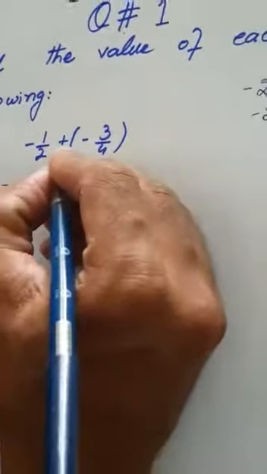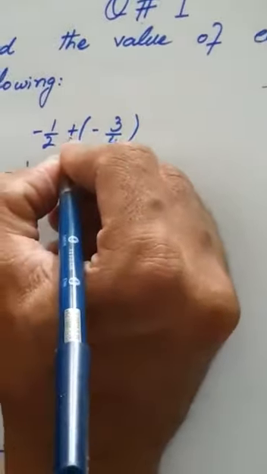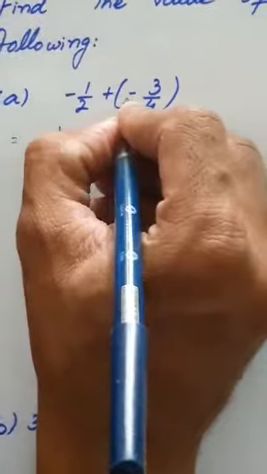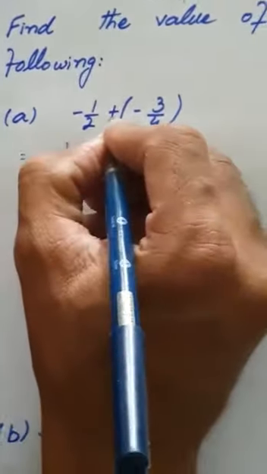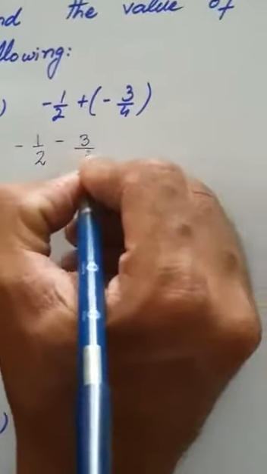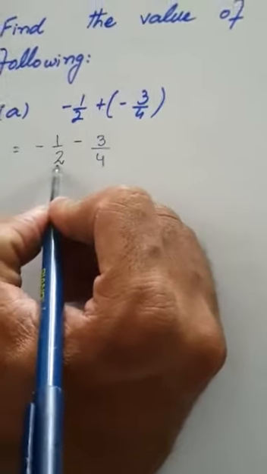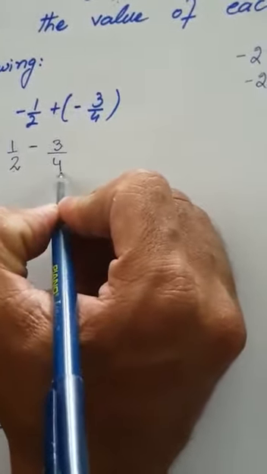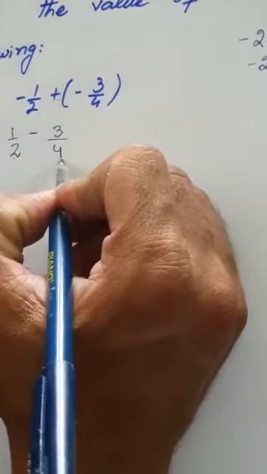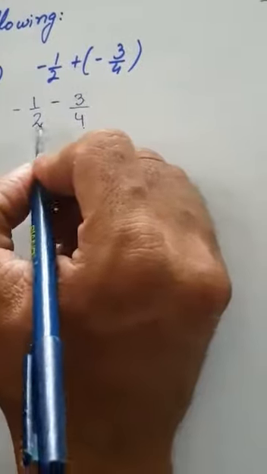So now in this question we will solve this bracket first. So minus 1 over 2 will be written as it is. This plus is being multiplied by this minus, so minus will be our answer because these are two different symbols, like in this case, and 3 over 4 will be written as it is. Okay, now this is our numerator, this is denominator, this is numerator, and this is denominator. After this, I have told you we will find the LCM of the denominators 2 and 4.